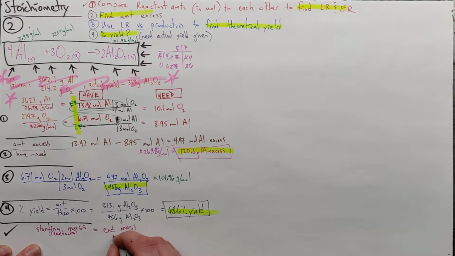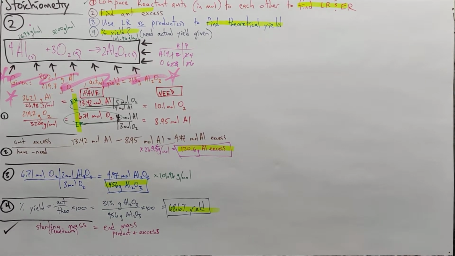And our end mass is our product plus any excess. And that's the key there, is that amount of excess. And I realize we're sneaking down on the page here. So let's see if we did indeed calculate what we said. Our starting mass was 362.1